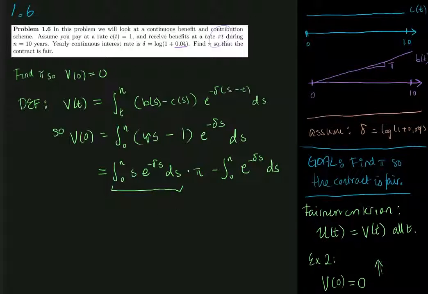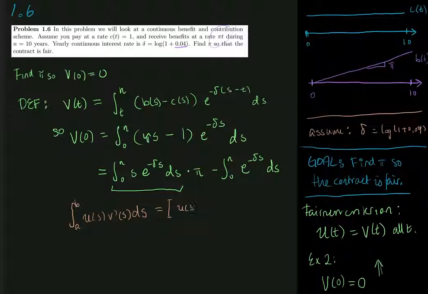The formula we use for that is the partial integration formula, so integration by parts. I will write that formula down for you. I expect you to do the calculations on your own. So the formula says that whenever we have an integral that's on this form, so I have u of s v prime of s ds, then that is equal to,